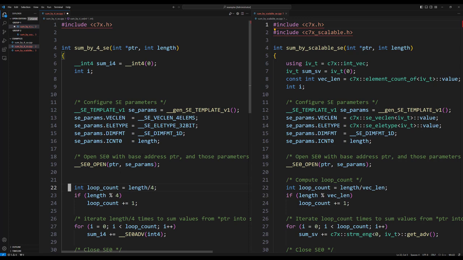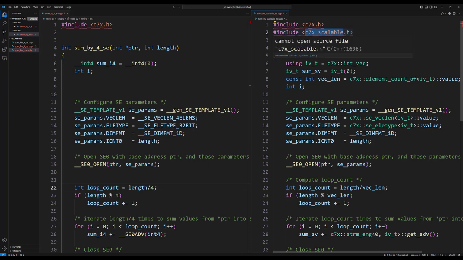So, one change to note is that in example 3, we include C7x scalable.h in addition to C7x.h, and C7x scalable.h has all the utilities and types required for scalable types.